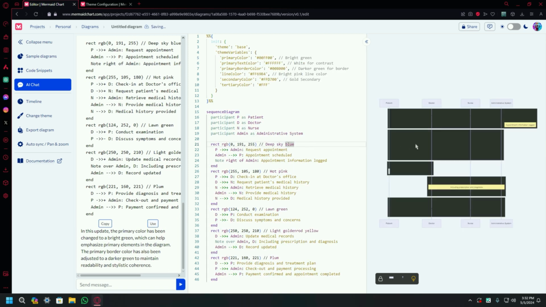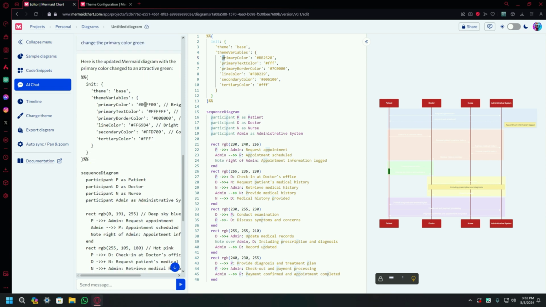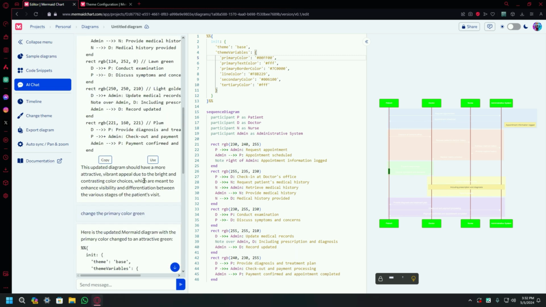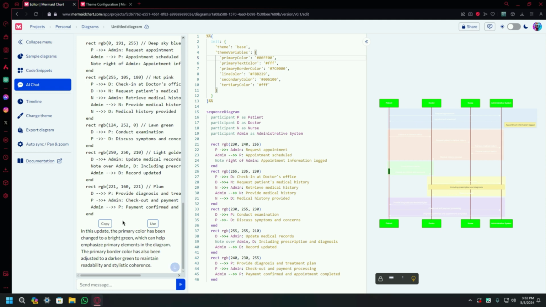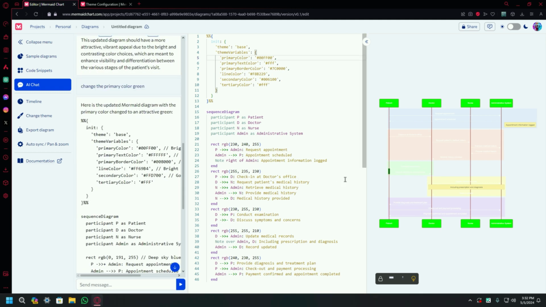I think it was previous code, so you can just redo it and just copy the code of color and paste it. So you can see that it has changed the color just from here. Obviously it is AI, so it will not be perfect every time. You need to adjust it, and your prompt should be specific and better so that it can generate a perfect diagram or perfect customization.